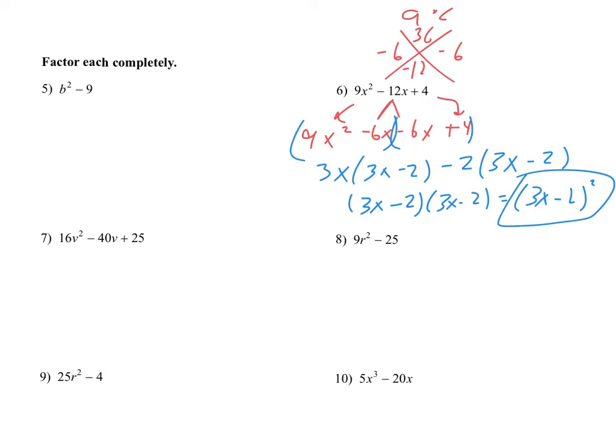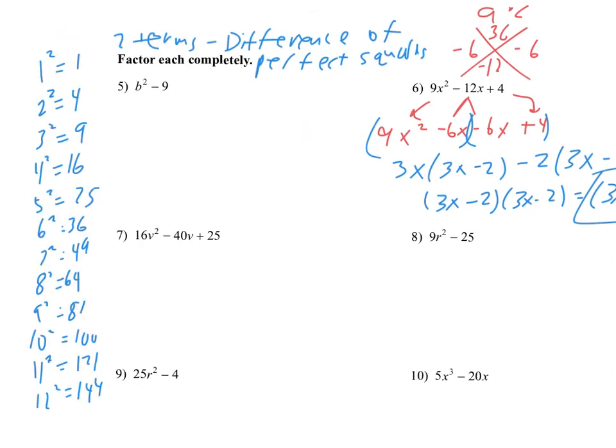All right, next up, we're actually going to learn new factoring here, and so that is for binomials, so 2 terms. We're going to watch out for a difference of perfect squares. So we kind of need to know the perfect squares here, so I'm going to write them down over here. All right, so there are perfect squares there from 1 to 12. I think those are the main ones. So if we notice these in these binomials with 2 terms,